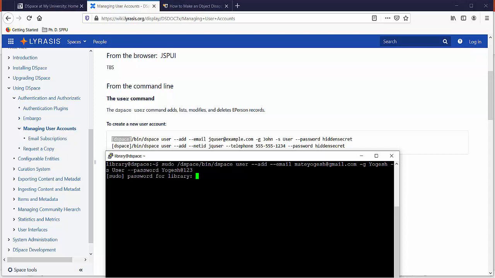Okay, it may ask the root password for your Ubuntu. Okay, enter the password, that is invisible.